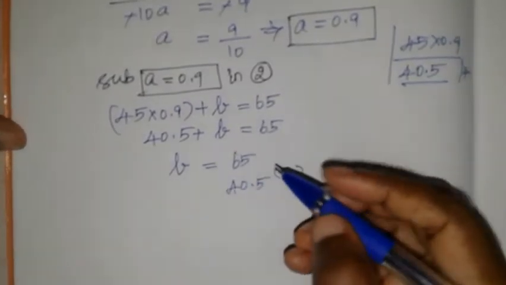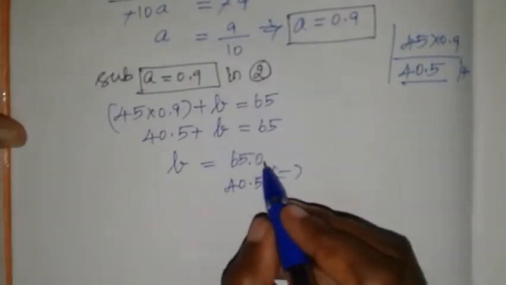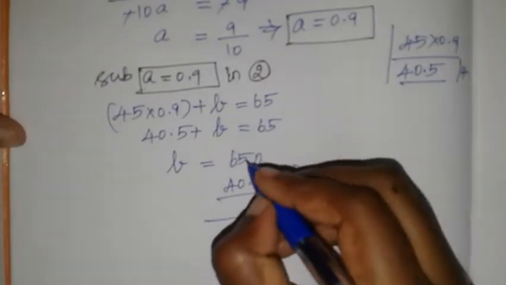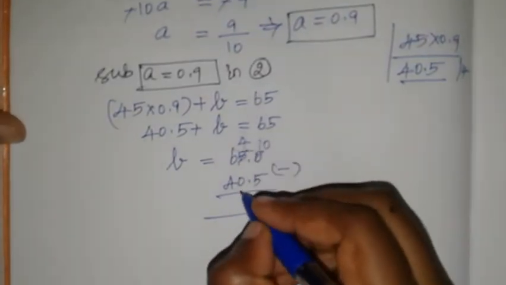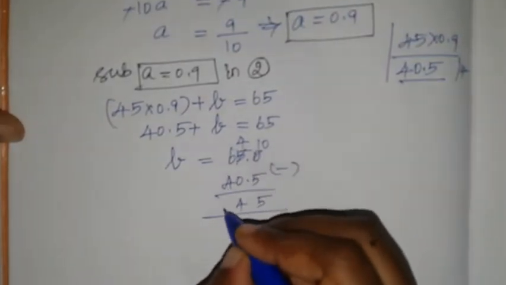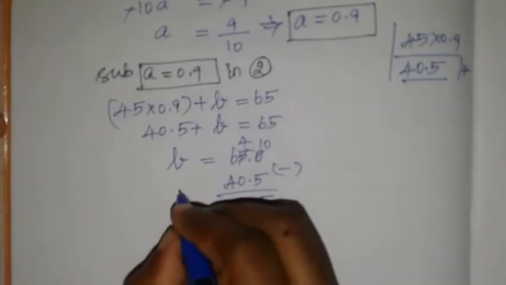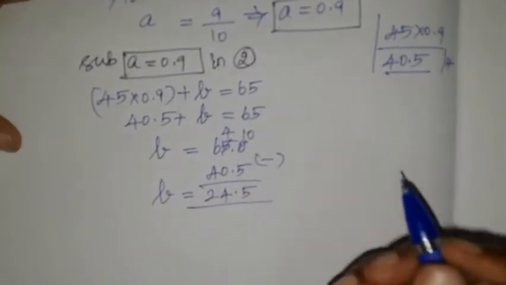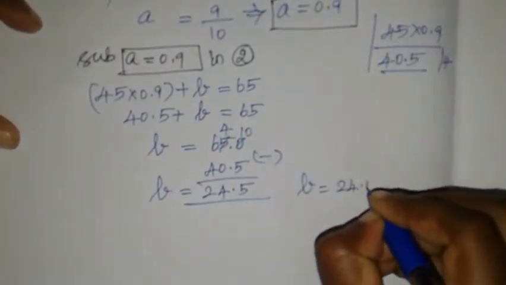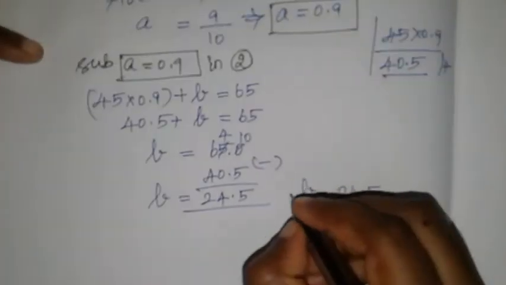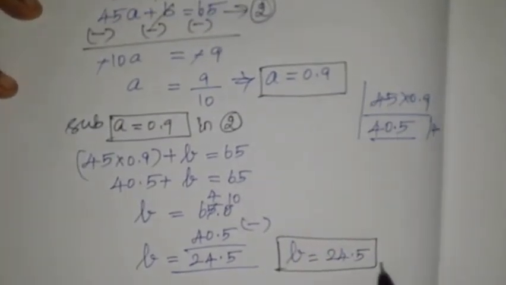See, this is normal numbers. So here is decimal numbers. So 65.0, now this has a decimal, here also a decimal. Subtracting now. 0 minus 5 is not possible. So 4, here is 10. 10 minus 5 is 5. 4 minus 0 is 4. 6 minus 4 is 2. There is a decimal point, so decimal point. So getting B is equal to 24.5. What is required? B value, B is equal to 24.5. See, A is equal to 0.9 and B is equal to 24.5.